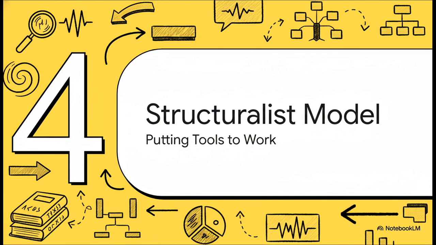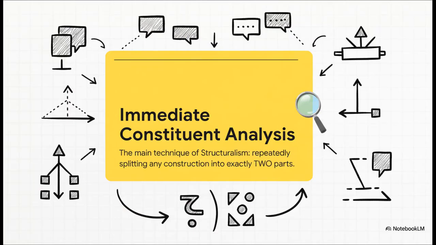So we have the levels and we have the tools. How did the early linguists put all this together to actually build a working model for comparing languages? Well, they developed what we now call the structuralist model. The main technique of this model is called immediate constituent analysis, and the core idea is that you can take any sentence or phrase and break it down by repeatedly splitting it into exactly two parts until you can't